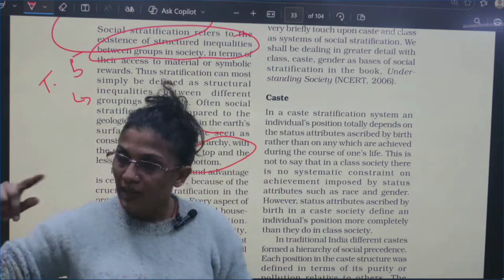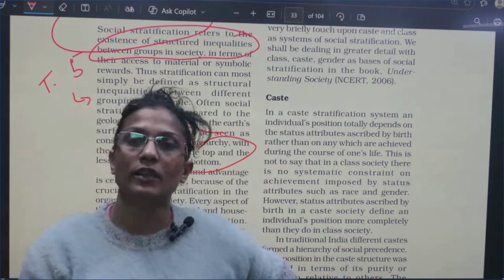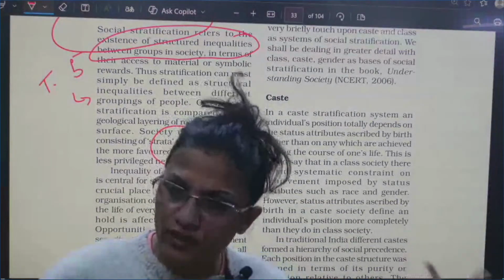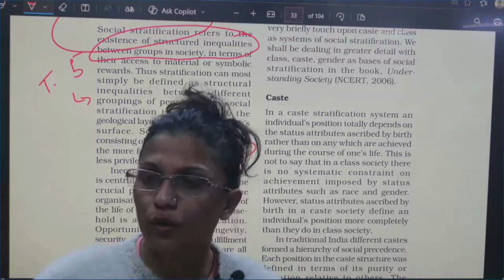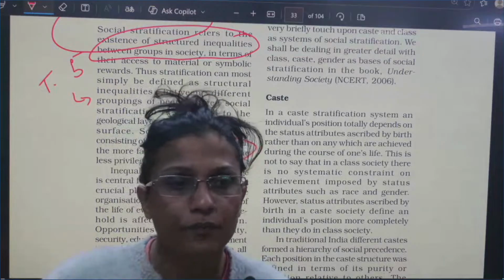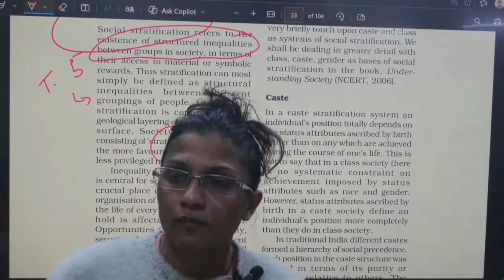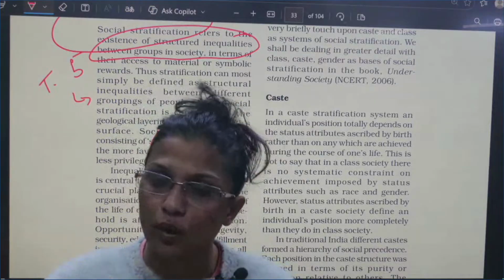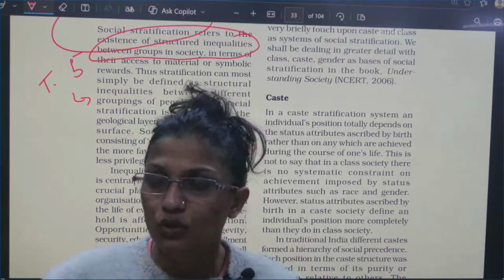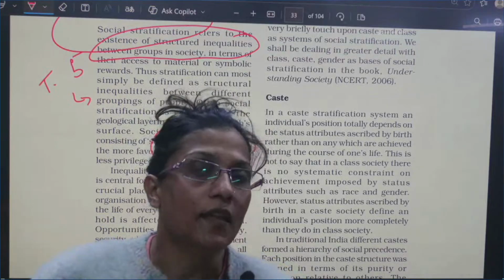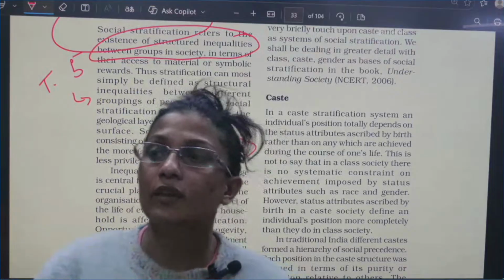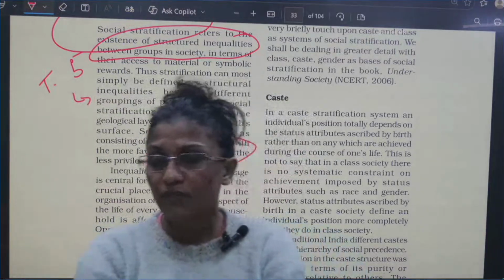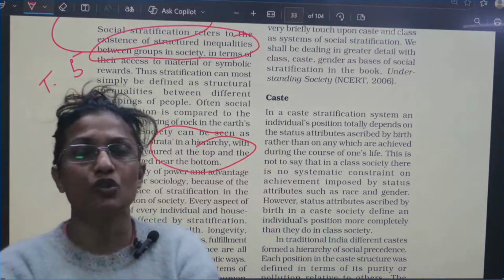So what are the chances, what is the probability? Although many probabilities work, the chances are that those who start early, with a lot of dimensions and clarity, would clear it. So chances are that whatever wealth you people have, your children are going to have those opportunities. Social stratification helps us understand why some groups are having challenges. Is it a personal trouble or a public issue? And what can be a solution to uplift them?